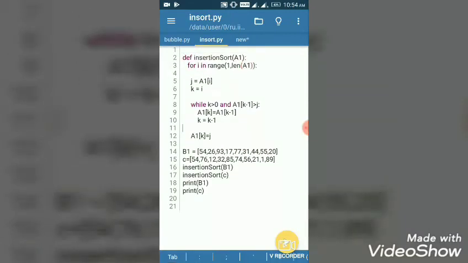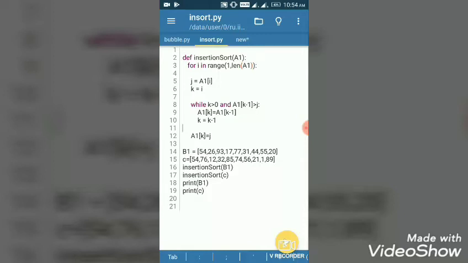So we define a function insertion sort, named a1, and the passing parameter is a1. For i in range 1 to the end, length of a1, j equals a1[i], so j will hold the value of the first element of the array.